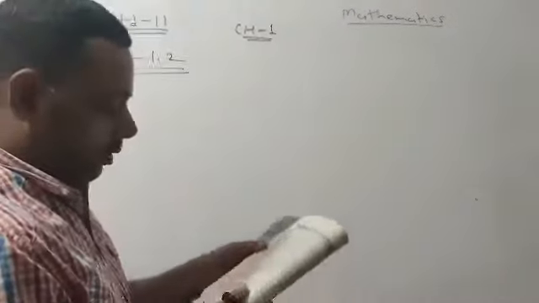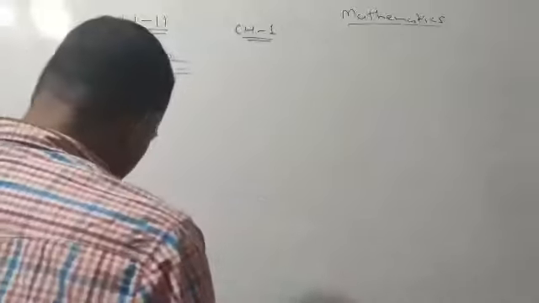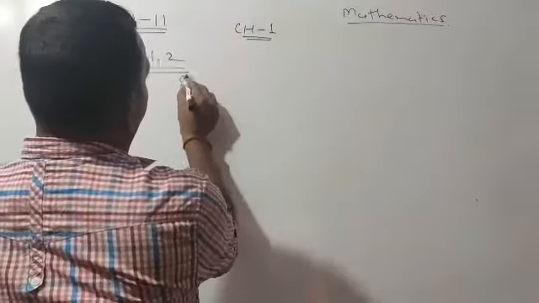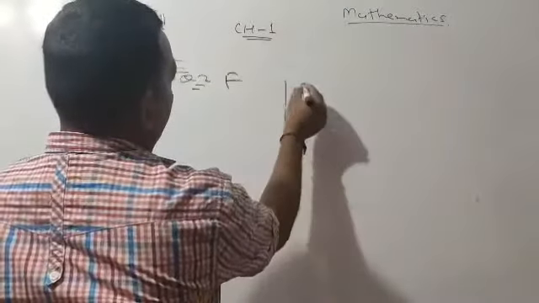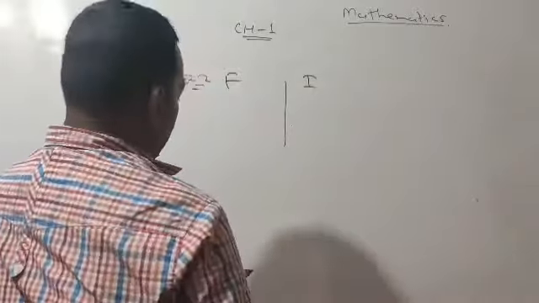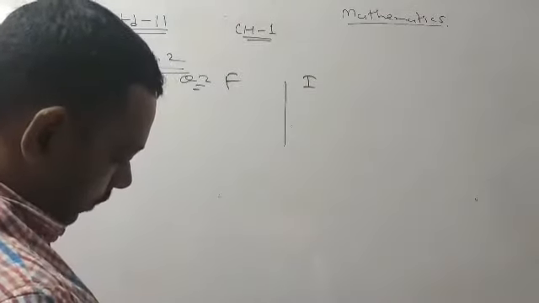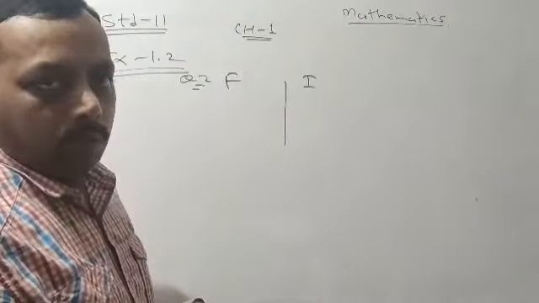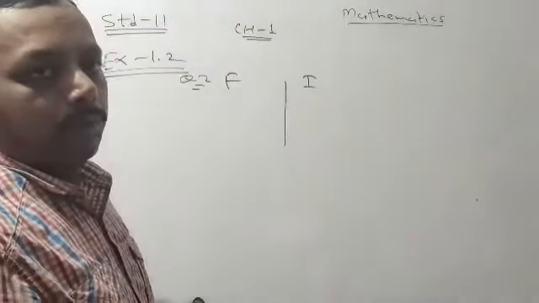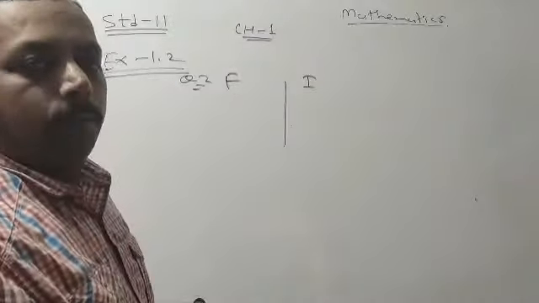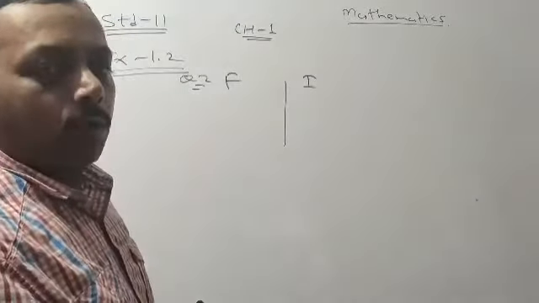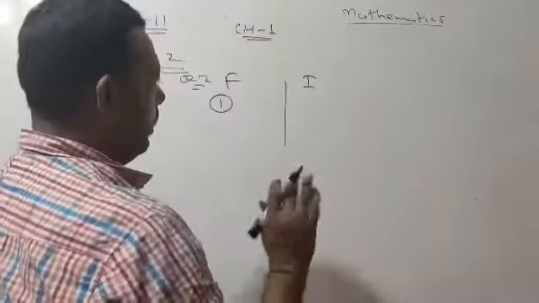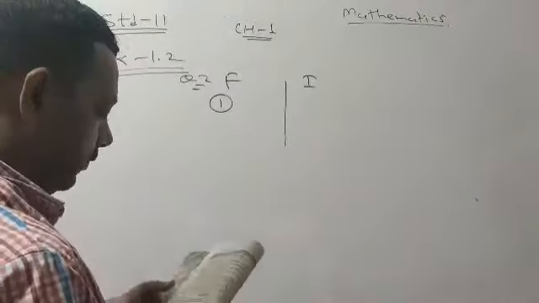Now I will start with question number 2. The first one, the set of months of the year. See, again, we will divide our board in two parts, finite and infinite set. Now, tell me, the months of the year are a small number which is countable, like 1, 2, 3, 4, 5, 6, 7, 8, 9, 12: January, February, March, April, May, June, July, August, September, October, November and December. So, that number is limited. So, it is finite. It is a defined number, only 12 months we have to write. So, it is a finite set.